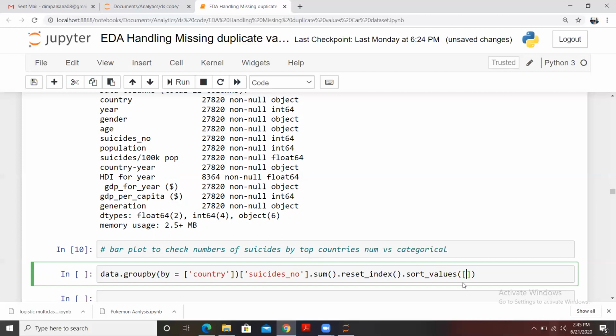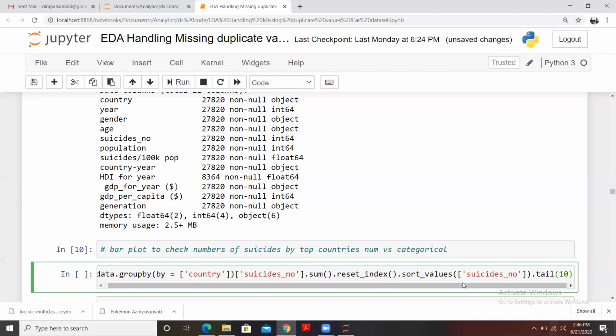So I'll be using suicides number here, we have the plural, right? Suicides number, and then you can use any top 10 values, it's up to you. Let's say I'm using the bottom 10 values for that. So I'll be using tail and 10, and then I'm going to plot it.